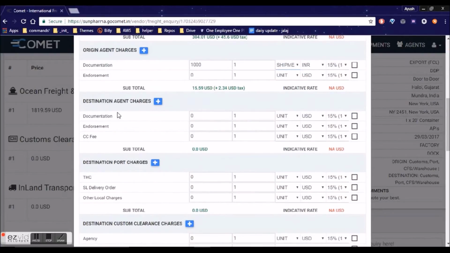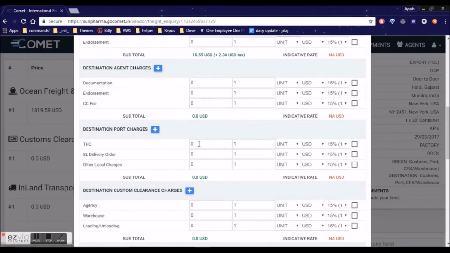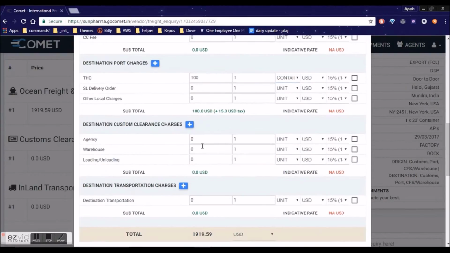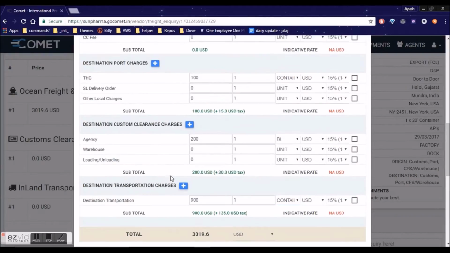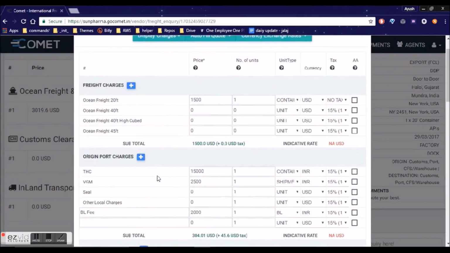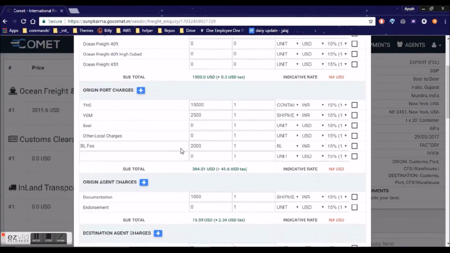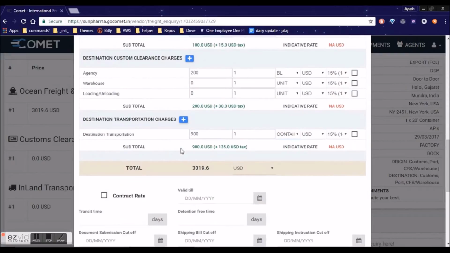Destination agent charges, destination port charges. Customs clearance charges, let's say 2,000 US dollars. Destination transportation charges. So right now we were able to fill in most of the charges which are required for this shipment. In fact, this is the complete quotation that we have filled,